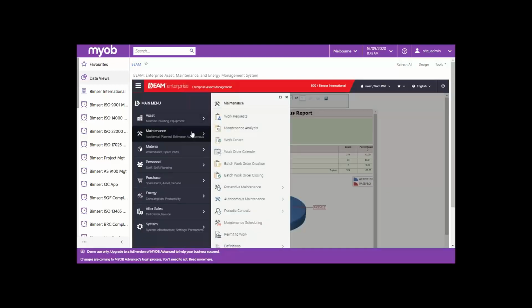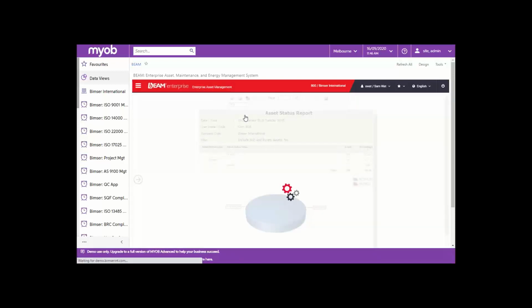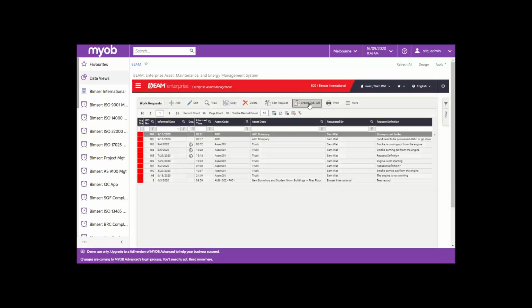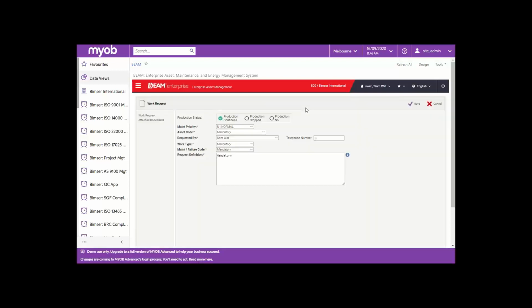So in case there's any unplanned breakdown to your asset, for example, your truck, then the driver or the worker on the ground can create a work request under the maintenance management module. And for this work request, the employee can fill up a fast request form, which only requires